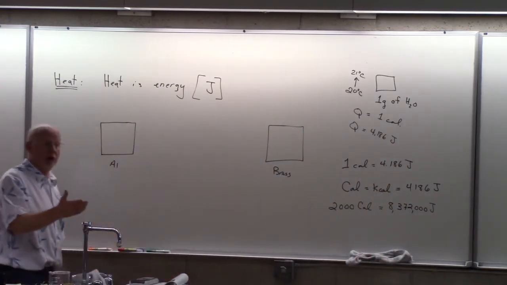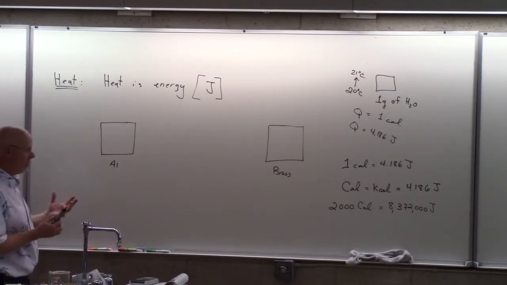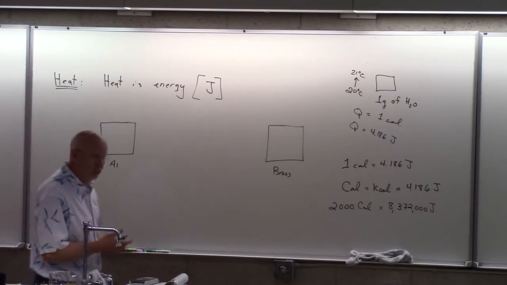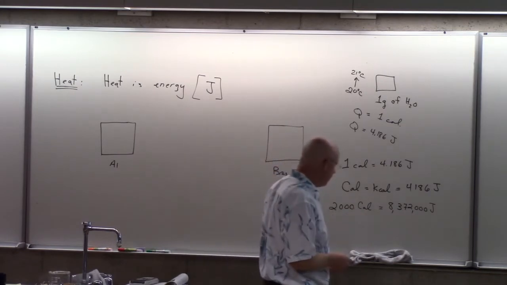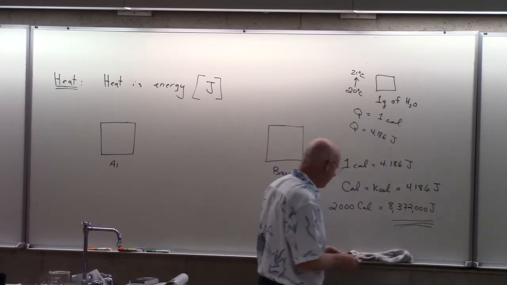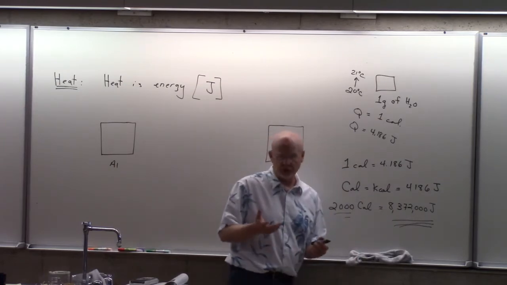And one thing you will notice, and I think it's quite surprising, is how much energy food really has in it, and therefore human and living tissue really need. It's 8 million joules. I guess it doesn't sound so bad when you say 2,000 calories, but 8 million joules is a lot of energy,